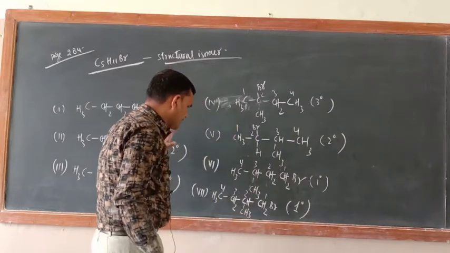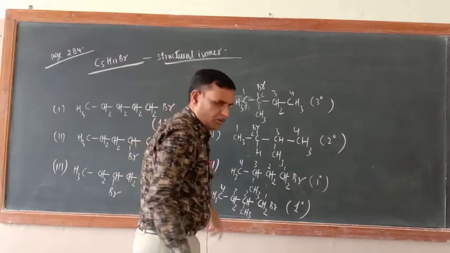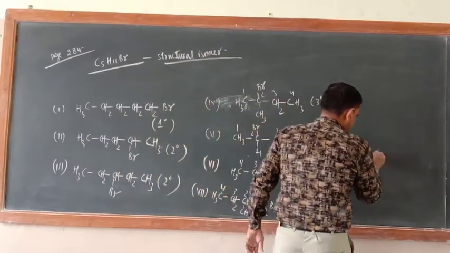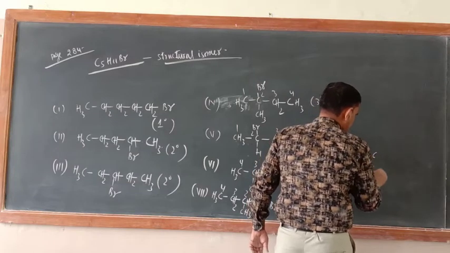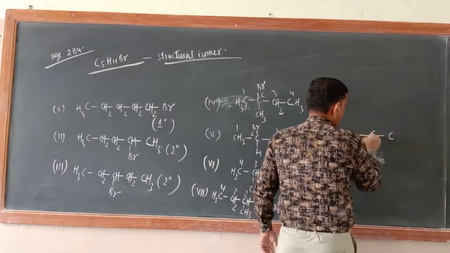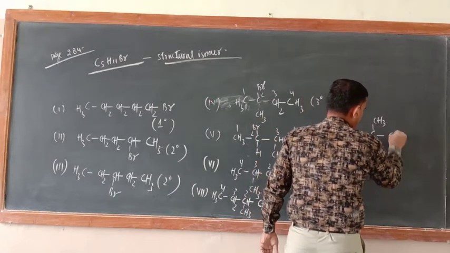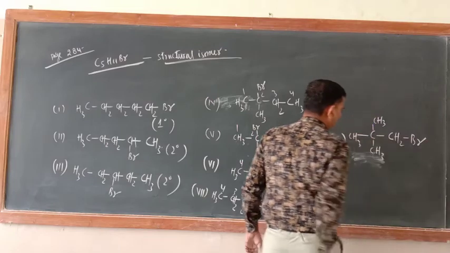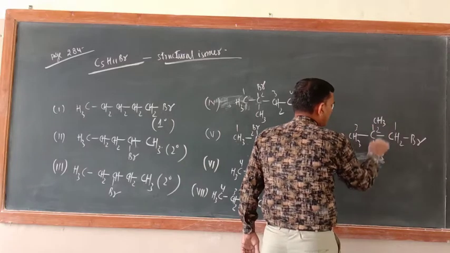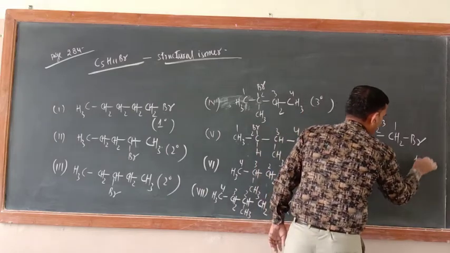Number 8: there is one more possibility. What is that possibility? I will tell you. Yes, that can be dimethyl. We can write in this way. Just see, C here, CH3, C, now here CH3, here CH2Br. Just check here, everything is okay. So what is the name of this one? 1, 2, 3. 1 bromo 2,2 dimethyl propane. This is also 1 degree.